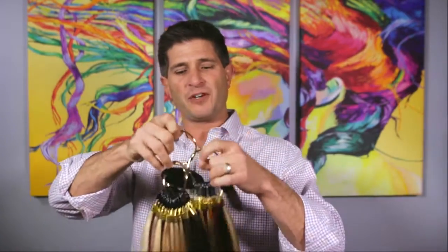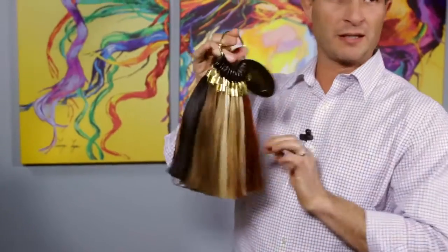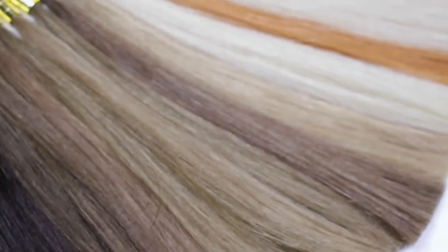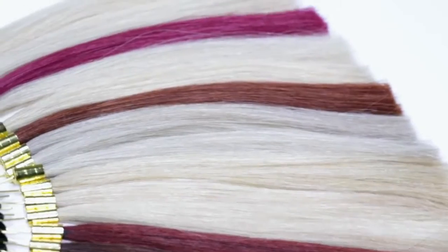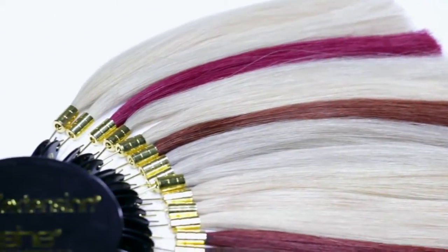So the difference in our deluxe coloring is it's 3 different rings put together on this one ring. So we're going to take this one ring off and show each one of these separately. I would have the regular colors. Each swatch is a little longer and thicker, and some people prefer that for a better color blend or a better color match. So the gray series is on there, all the reds, blacks, blondes,